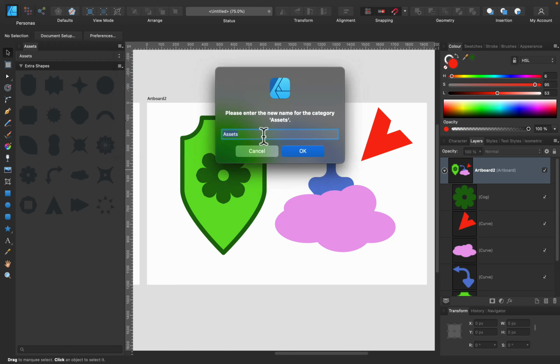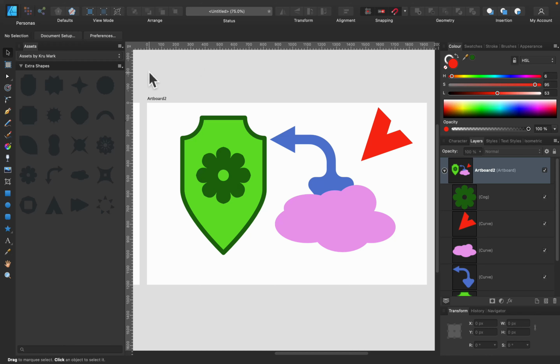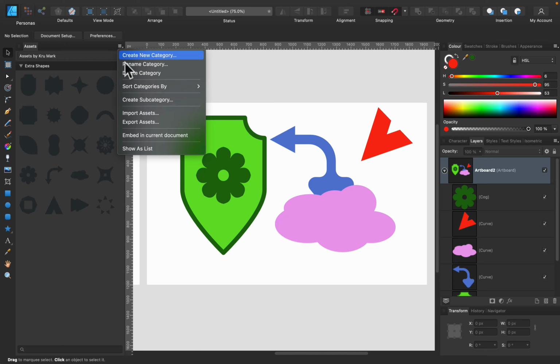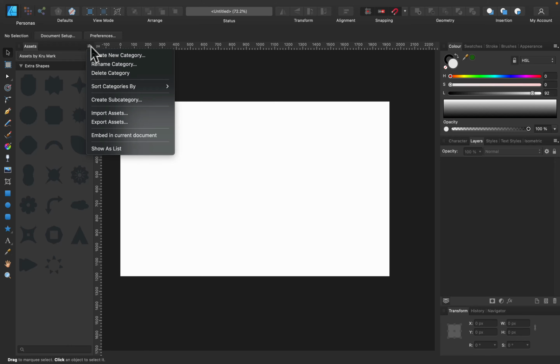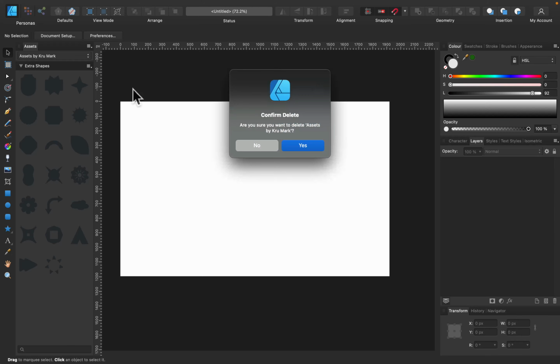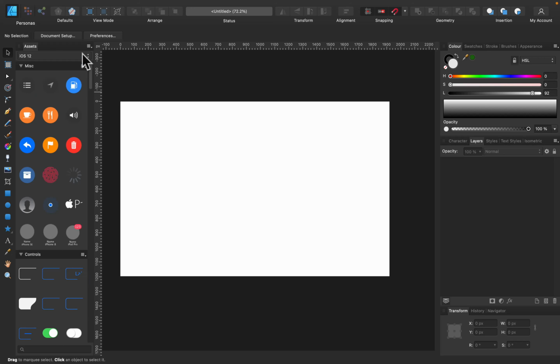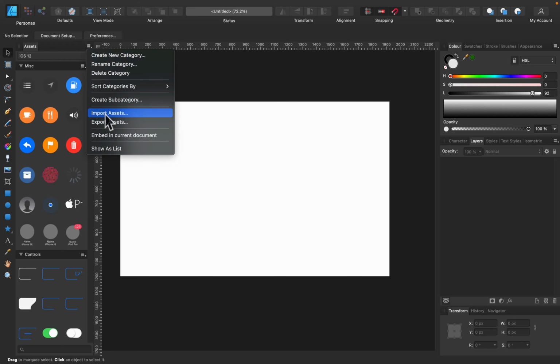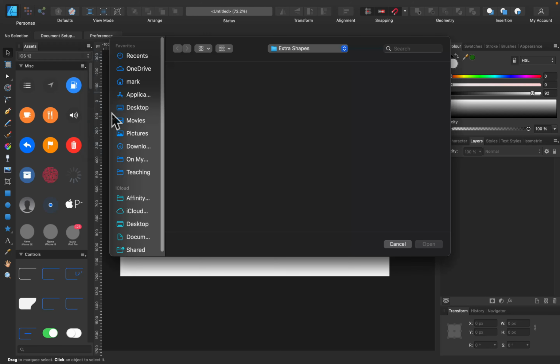Okay, how to save this stuff? Let's rename this whole category. So we got extra shapes by Mark, and by default it will stay in your Designer, but we can also export that and create a file with my assets. So export this asset file, and this way I can remove them. Take a look, I just removed these assets and I can import them back from the file. Here it is, there's a file, and I can open that,